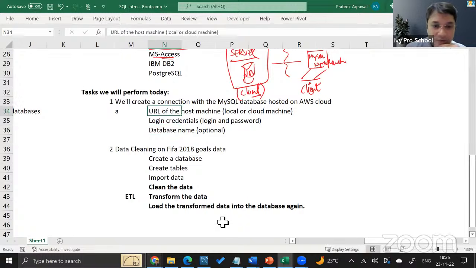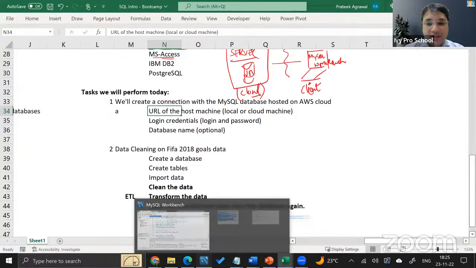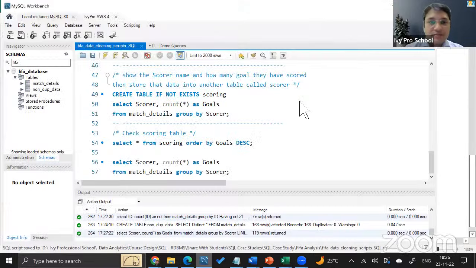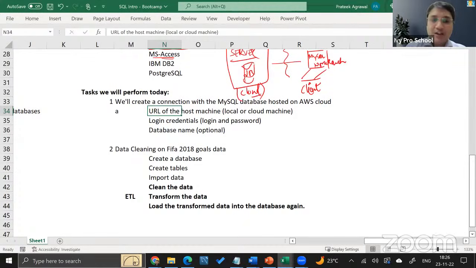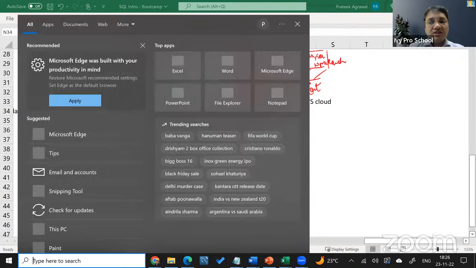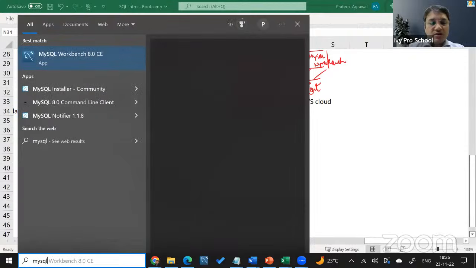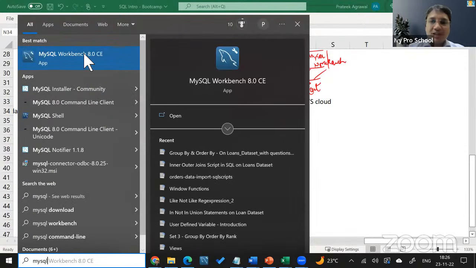All right, let's look at what we want to do here. In order to connect to the database, we will open something called MySQL Workbench. If you're using a Windows machine, go to Windows search for MySQL Workbench. That is the client name.